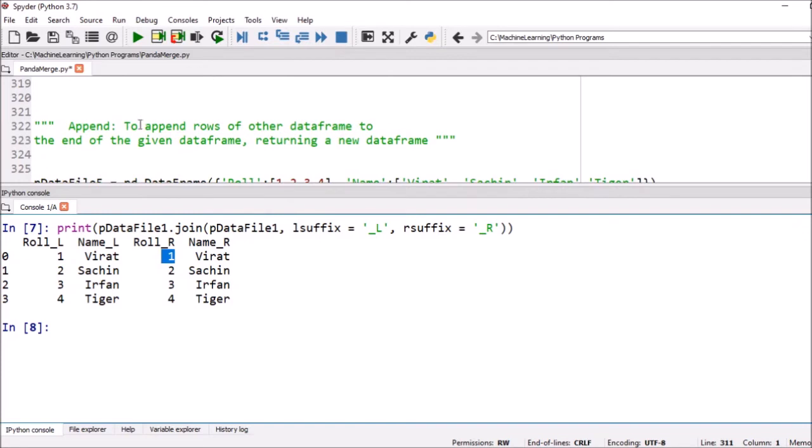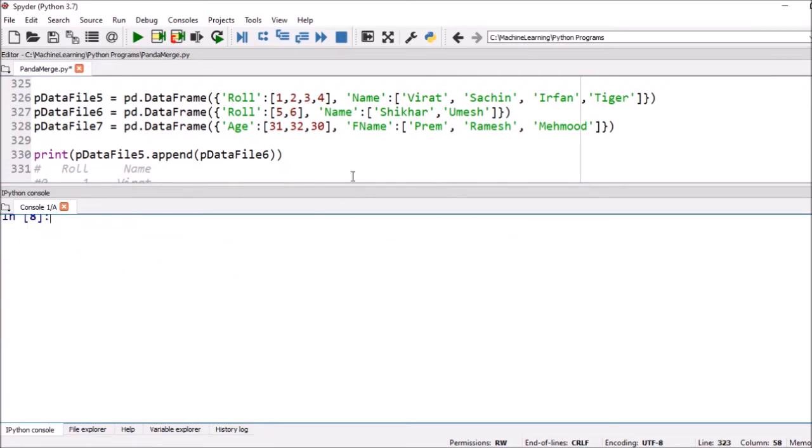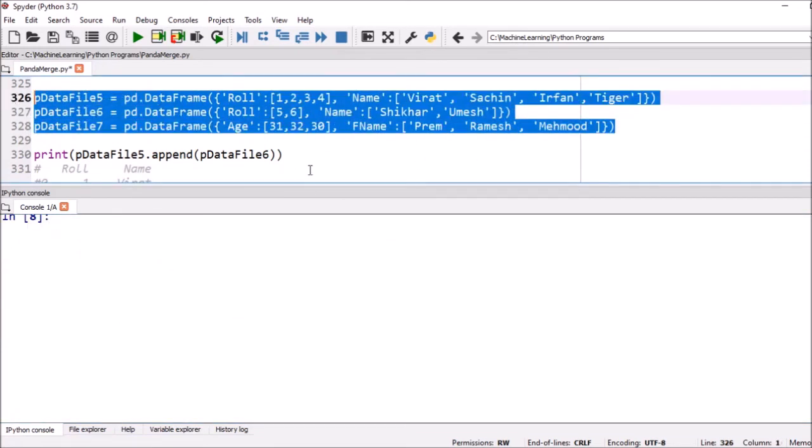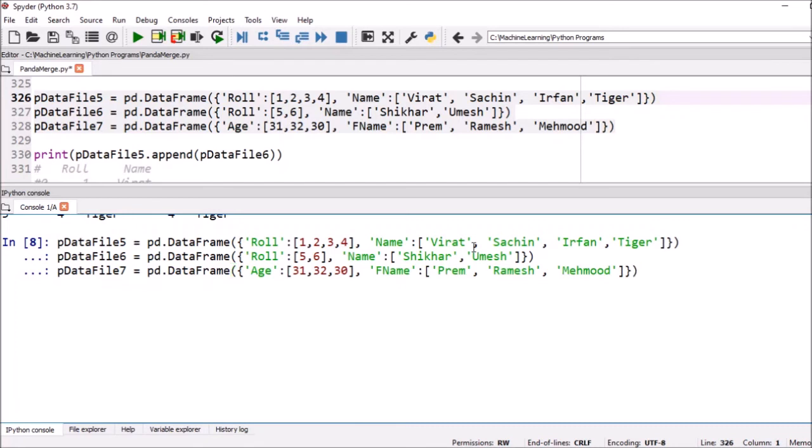Next is append. It appends rows of another data frame to the end of the given data frame, returning a new data frame. To explain, we need these 3 data frames, so just check all the data frames: data file 5, 6 and 7.